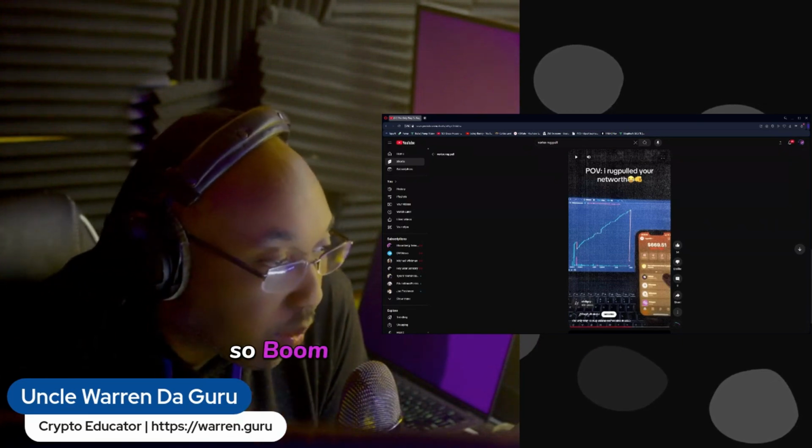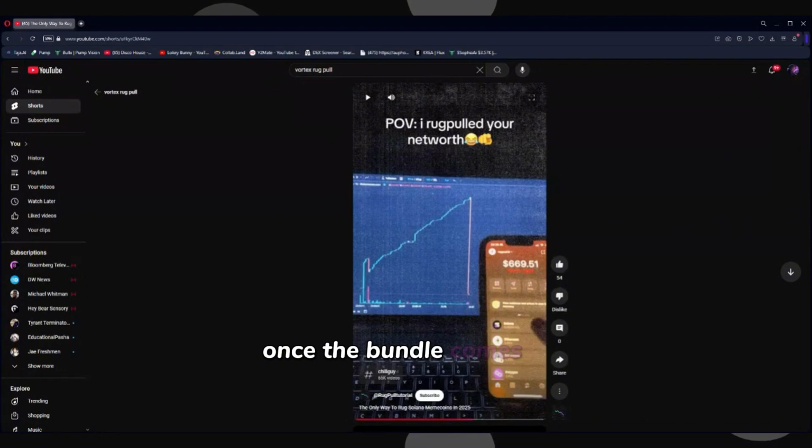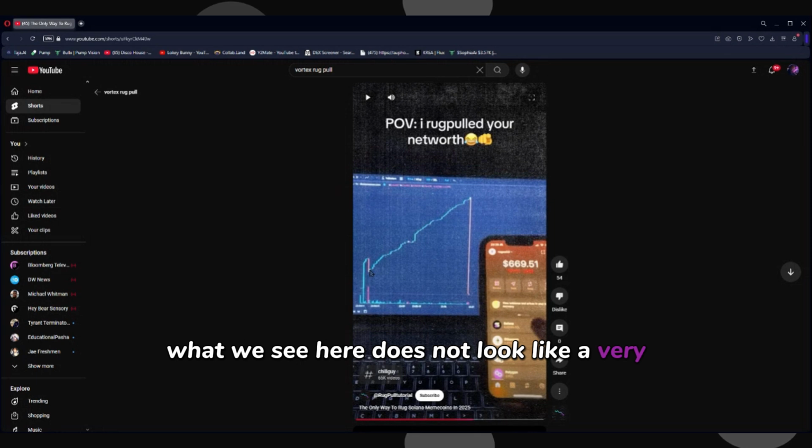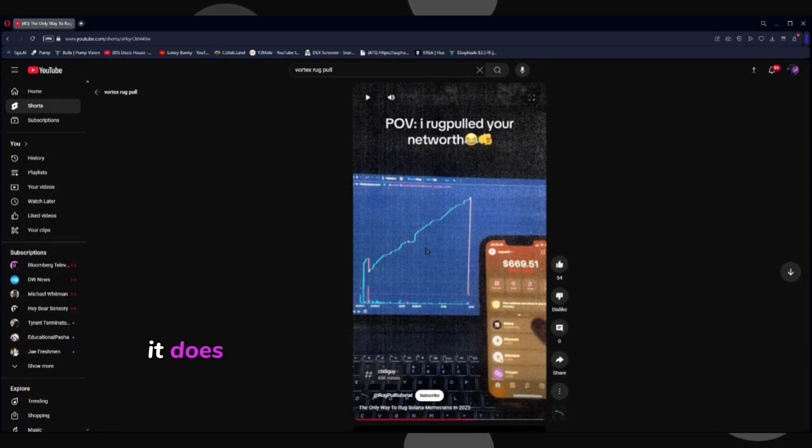So boom, the bundle comes in, right? Once the bundle comes in, it goes ahead and sells the dev wallet. From that point on, there becomes generated volume. Now, to be completely frank and honest with you, what we see here does not look like a very healthy chart at all. To be completely frank, it does not look healthy. It does not look at all like